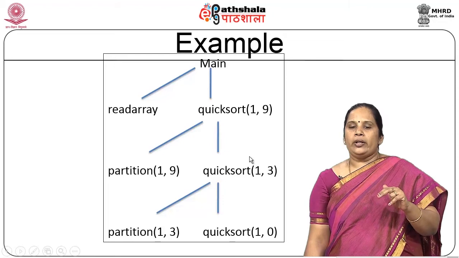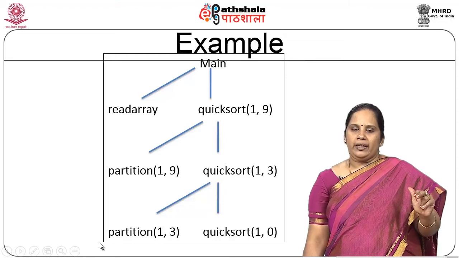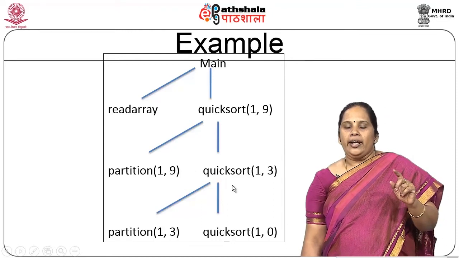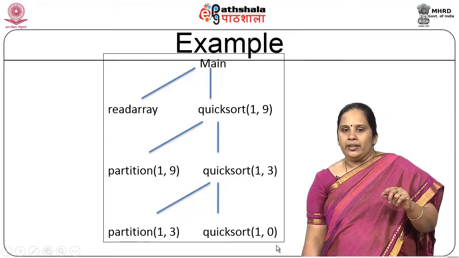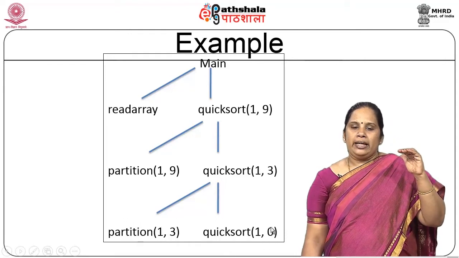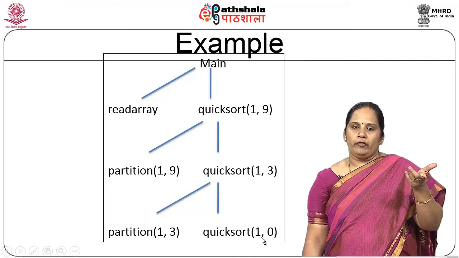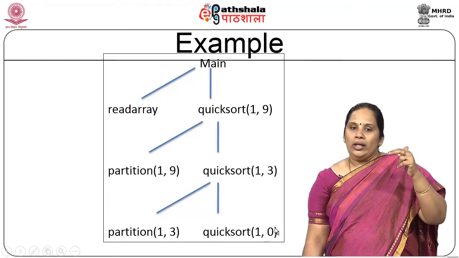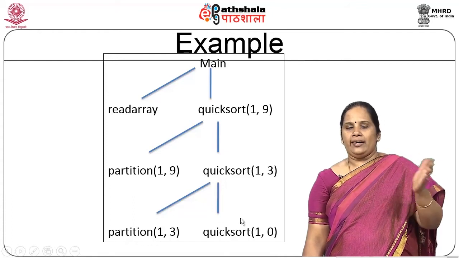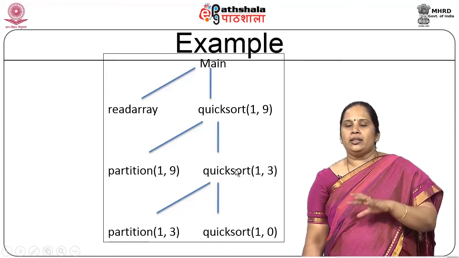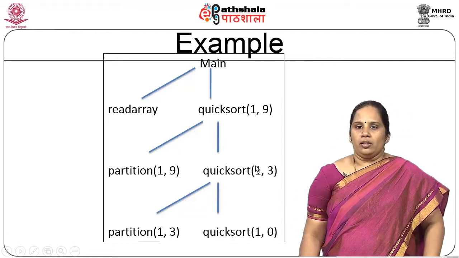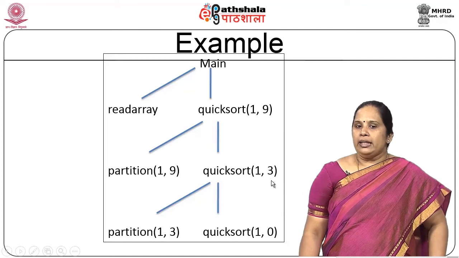So, once this quicksort call is called, this partition is called. Once partition returns, it is taken off the stack, and then that will call quicksort again. Once this quicksort is called, one more activation record is created, but this will simply terminate because there is no range to perform quicksort at all. So it will terminate, and the activation record corresponding to it is taken off the stack. Then there are 2 quicksort calls, right, so it is going to call one more quicksort call with 2, 3 as the argument.